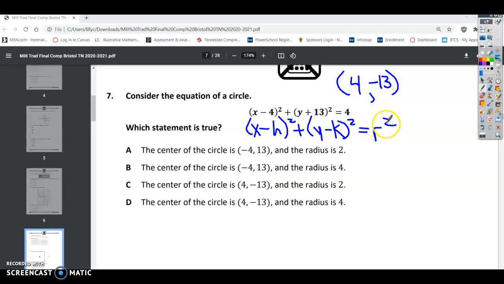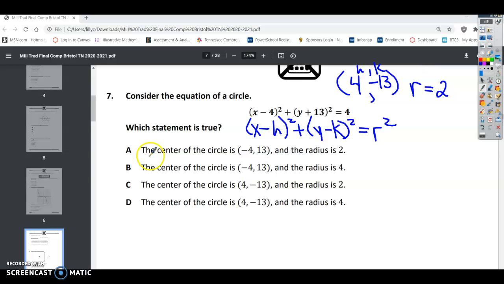All right, and r squared. If this is our radius squared, that means I take the square root of 4 in order to find r. So r in this case equals the square root of 4, which is 2. All right, so now that we have h and k and r, all we have to do is see which